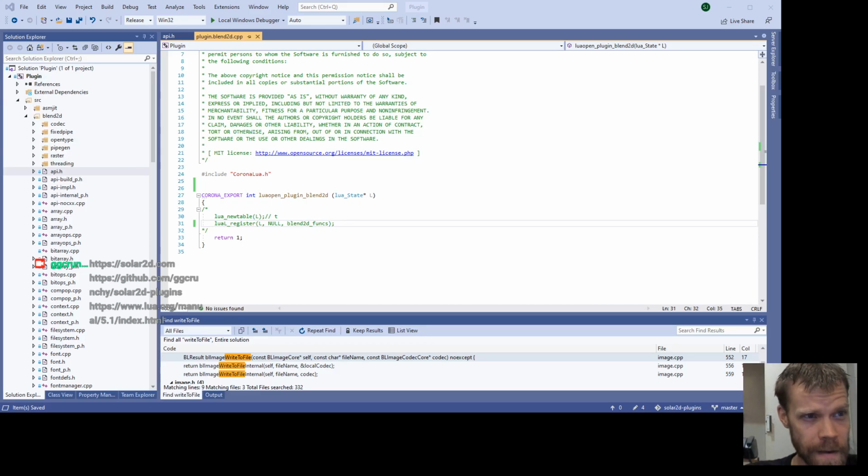It's been a little while since I've done one of these because I was caught up in some projects, but today I am going to try to get a C++ plugin going. This is again using Solr2D, which I have linked in the side in the chat. And the plugin in question